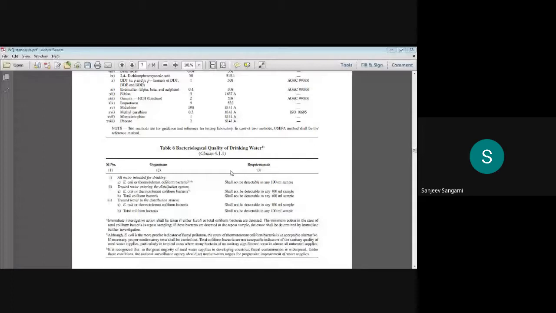Okay, then biological characteristics. First one is E. coli, and then total coliform bacteria. We'll discuss that in detail whenever we take up each and every parameter separately. But now overall you can understand that the microbiological parameters include E. coli, that is the MPN, then total coliforms, even some of the viruses and some of the fungi we are talking about these days. They all come under the bacteriological water quality parameters.